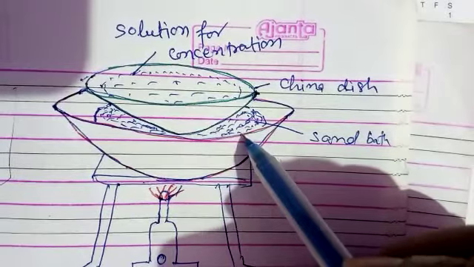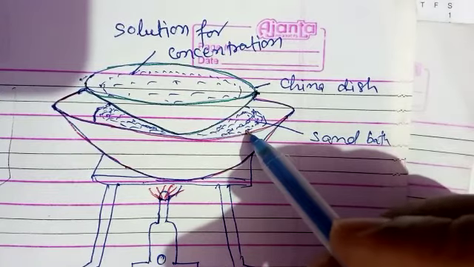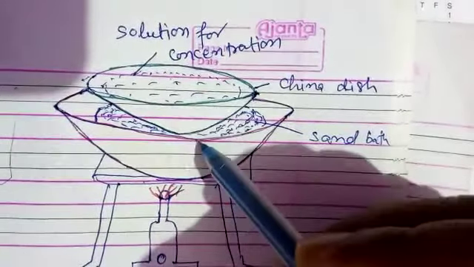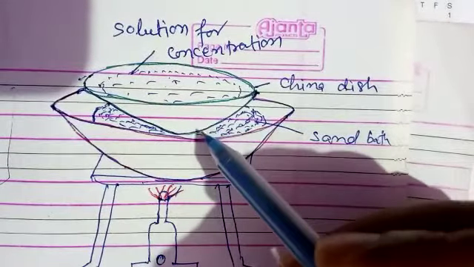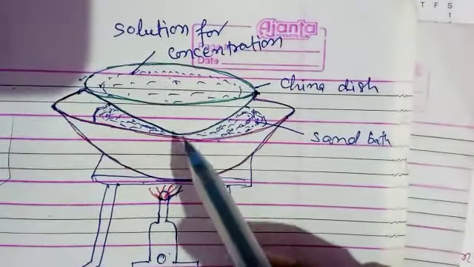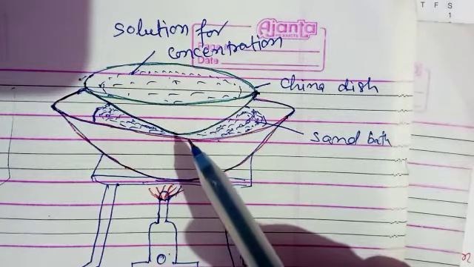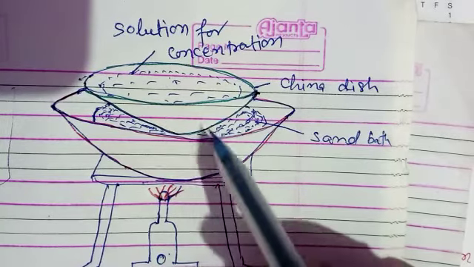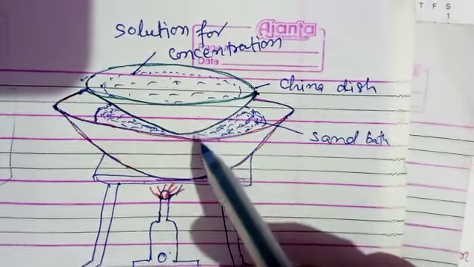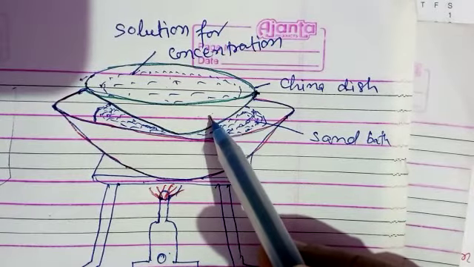This is a sand bath, student. Actually, the container which contains sand in it is known as a sand bath. And then after placing this china dish on the sand bath, we'll place this entire arrangement on a Bunsen burner, student. As you can see, this is a Bunsen burner, as shown in the figure. The dish can be heated directly also, but the sand bath provides uniform heat, and moreover the dish may even crack on direct heating. If you heat directly, it may get cracked.